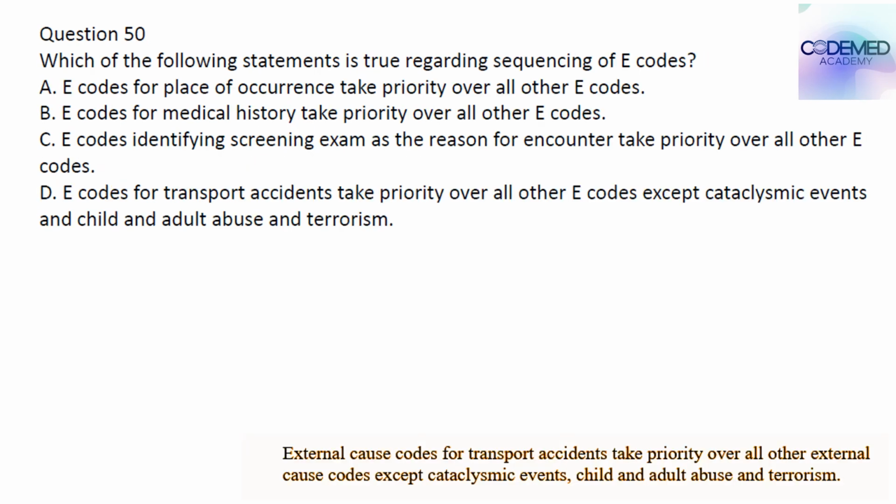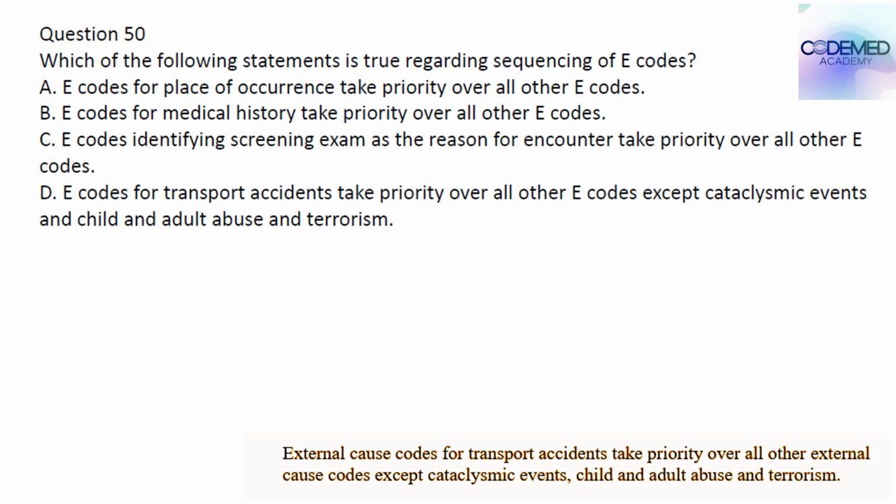Which of the following statements is true regarding sequencing of the E code? Now, here you have to be extremely careful with the wording, because the wordings are very close and you have to choose the exact option. External cause codes, E codes for place of occurrence, take priority over all other E codes; E codes for medical history take priority over all other E codes; an E code identifying the screening exam as the reason for the encounter; and E code for the transport accident takes priority over all other E codes except the